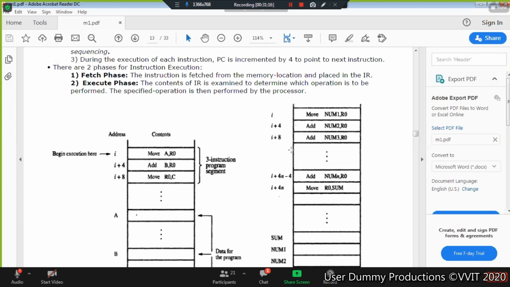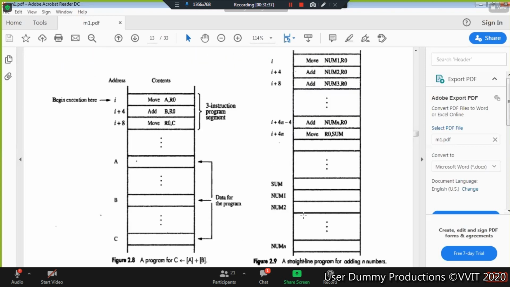Anybody can explain how to add 5 numbers, 4 numbers, you tell me. First we have to give the 4 numbers as input to the program. So I will store them in the memory locations num1, num2, num3, num4. In num1 I am having 5. In num2 I am having 10. In num3 I am having 15. In num4 I am having 20. Do it now. Anybody can explain?